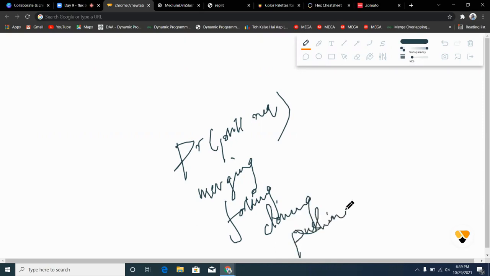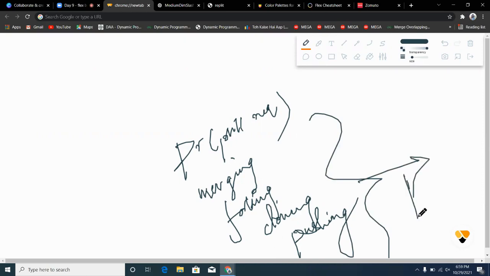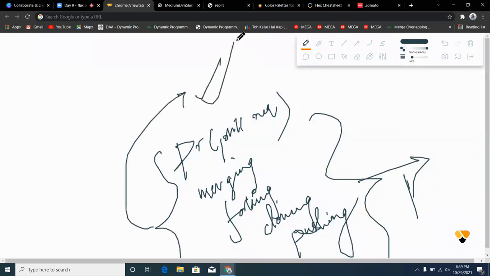So all these things are the basics of Git and GitHub. And if you really want to go for GSOC, then you have to master Git and GitHub. Mastering Git and GitHub is very important if you want to get into GSOC, because GSOC is all about open source. It's all about Git and GitHub.